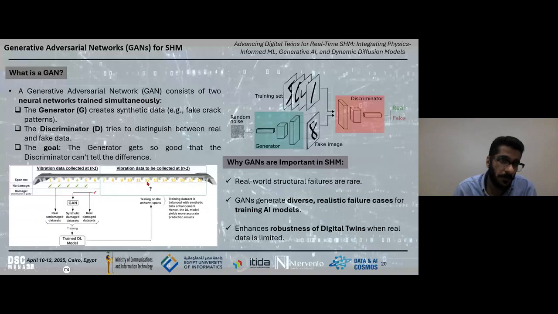At the same time, it will be very helpful if you look at the left bottom: if you have a bridge deck, you have no damage, you have damage, and you have vibration data, and you can use the GANs to differentiate between the data.